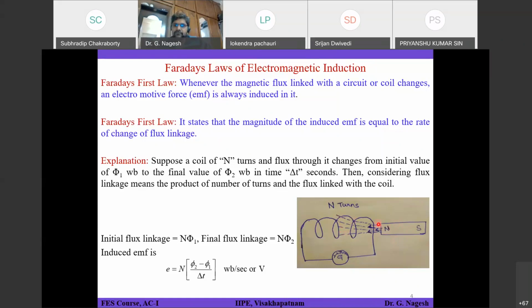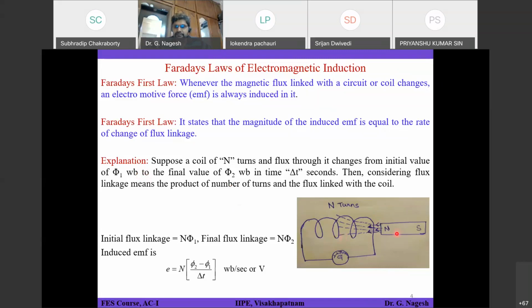There are magnetic lines of force. Just as current flows in an electrical circuit, flux flows in a magnetic circuit. So in an electrical circuit you say current, and in a magnetic circuit it is called flux. Both are analogous. The unit of flux is called Webers, and WB is the short form used to represent flux.